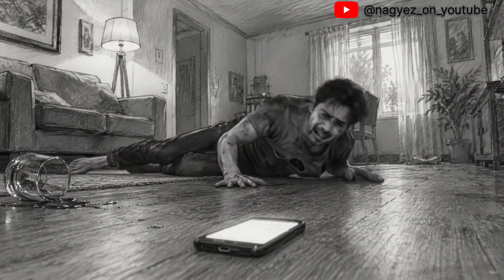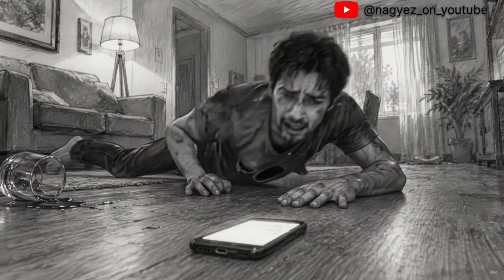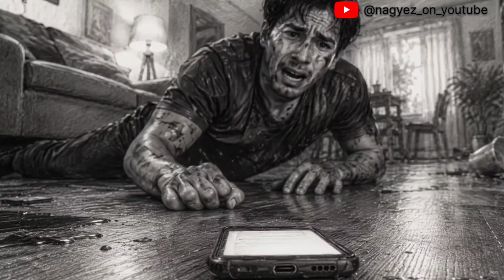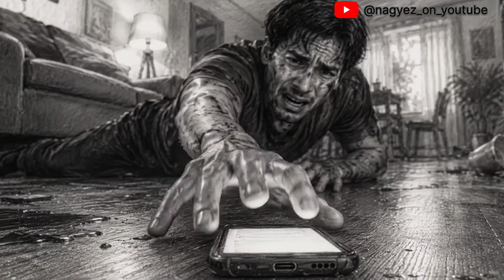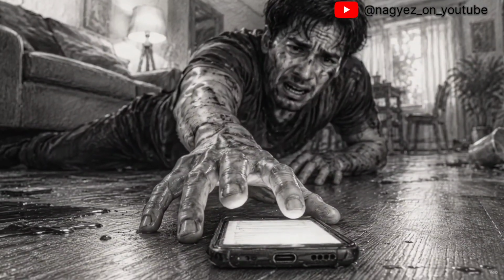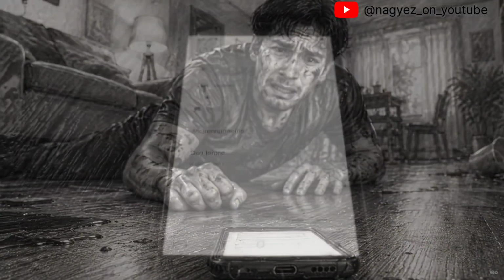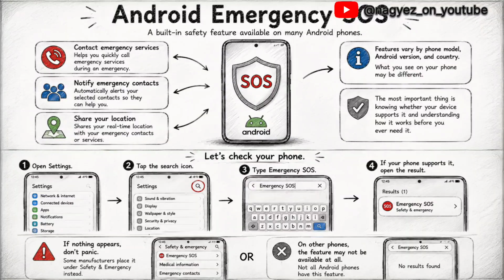Imagine you're home alone. You suddenly fall and can't get back on your feet. Your phone is just a few steps away, but those few steps feel impossible. In an emergency, every second matters. What many Android users don't know is that their phone may already include an Emergency SOS feature designed to help